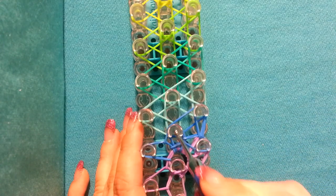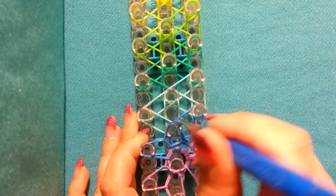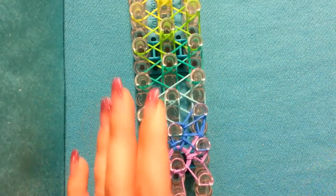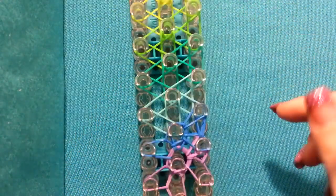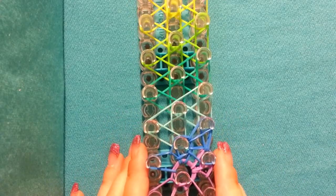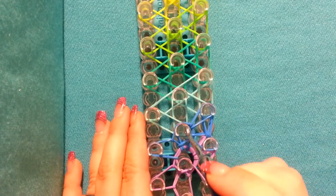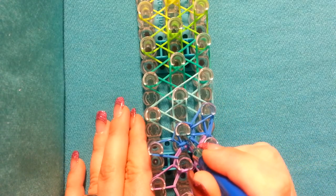So now we're going to go back to our middle, grabbing the very top band, coming up and out to the right. I have hair in my loom. Guess that's what you get for having hair all the way down your back. Okay, so anyway, going back to the middle here, grabbing that very top band, coming out to the left,